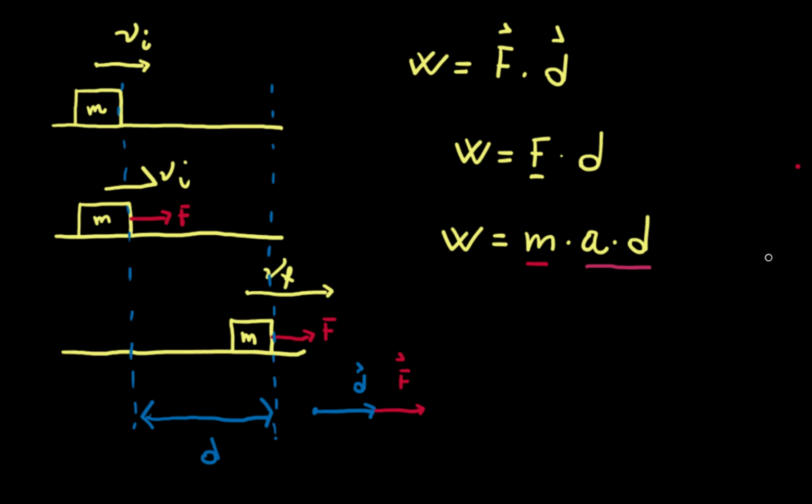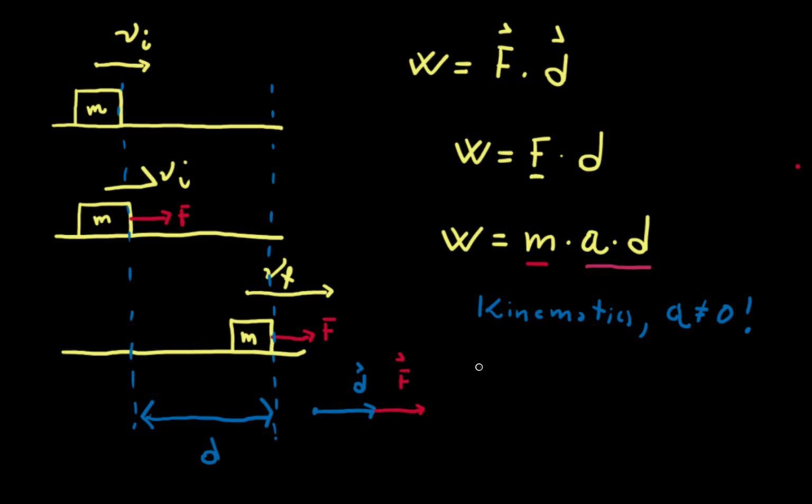So if we go back to kinematics, this is a review, and this is a motion where acceleration does not equal zero. And whenever you have acceleration that does not equal zero, the two equations that you ought to use are